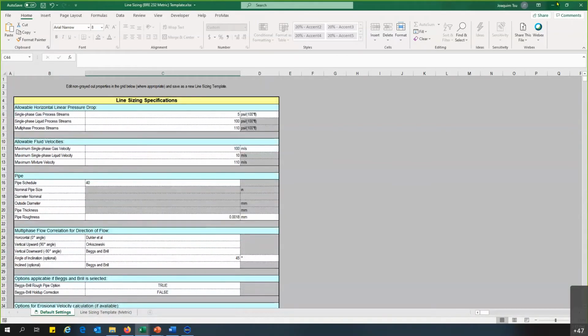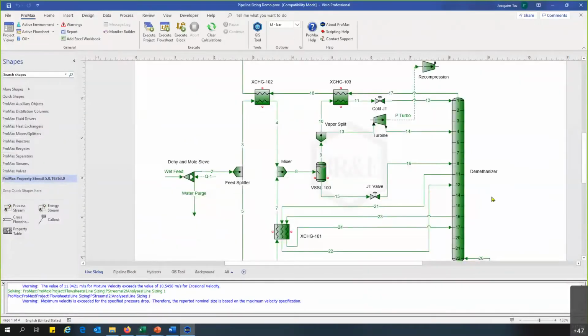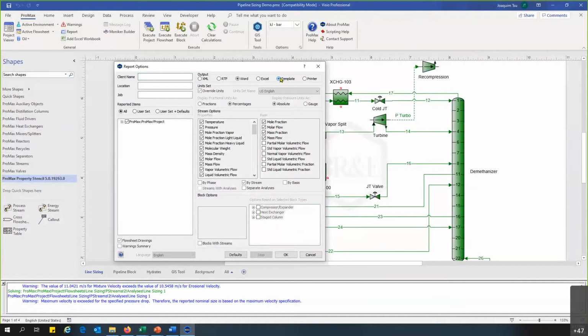Once you have set this up, you can go into your ProMax file, click on report, and use the template and generate it for all of your streams at once. So as you can see here, I am selecting all of the streams at once. They're all picked. If you click OK and navigate through a few other windows to specify what you're looking for,